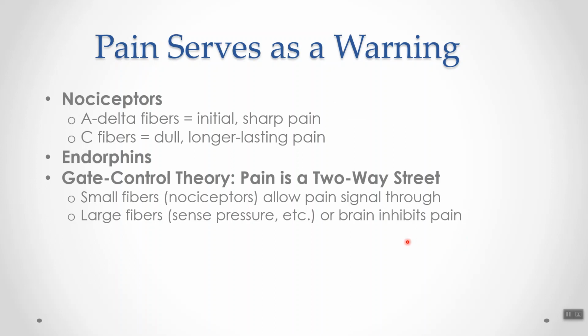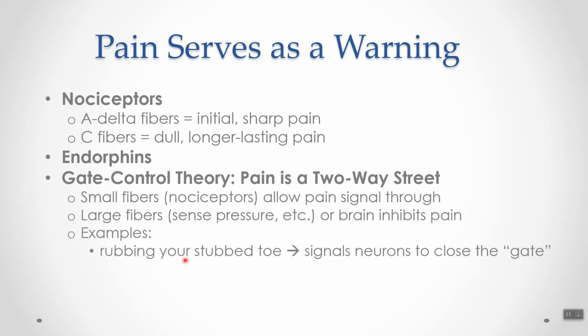So these larger fibers might excite inhibitory neurons to inhibit the sensation of pain. For instance, what they think happens is sometimes when you hit yourself, like you stub your toe on the edge of the bed and you're like, darn it, that's the 10 millionth time I've done that. It hurts. There's an initial pain that gets through, but you